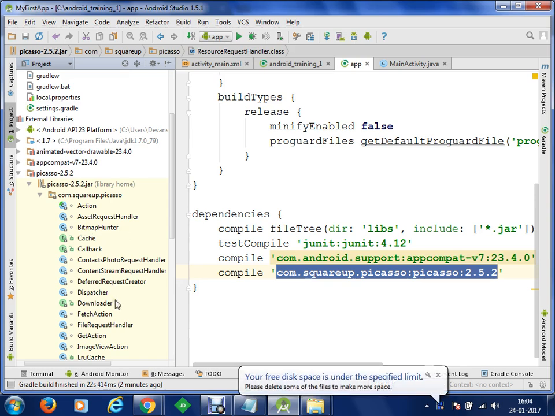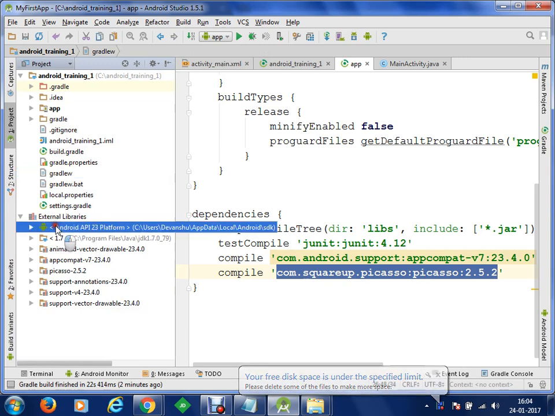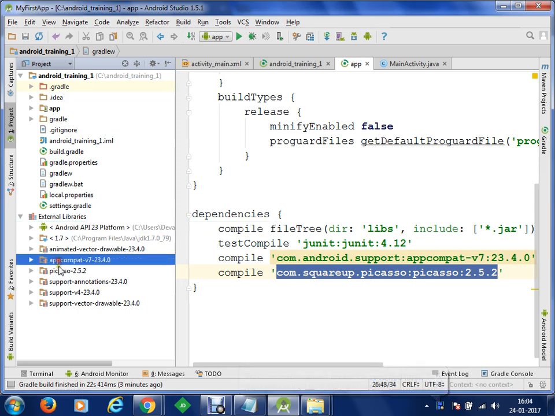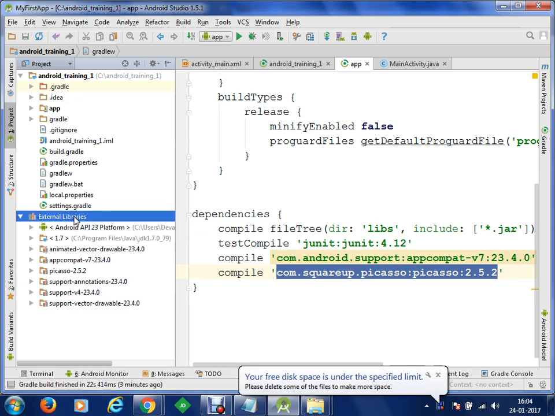So now you are clear? These are external libraries. Where are the internal libraries? External libraries. This is your internal library, that's the SDK. External library. This is API 23. That's your SDK. So there is nothing like an internal library here. There is one section, external libraries, which you are using, and this is your platform, that's internal actually, and then there are others. So all the libraries will be handled in this section. The name of the section is external libraries.